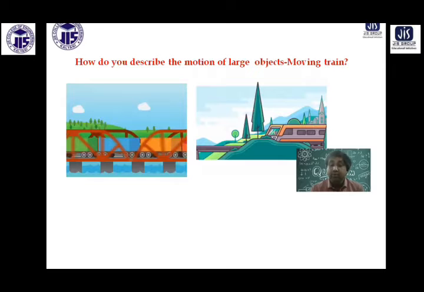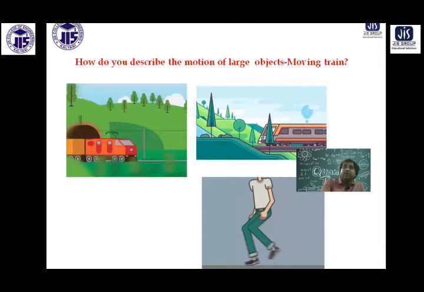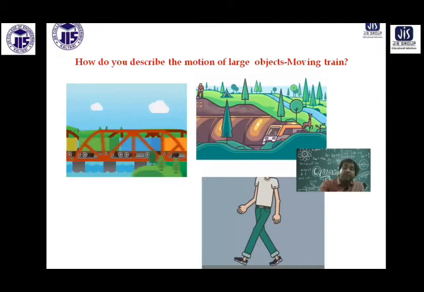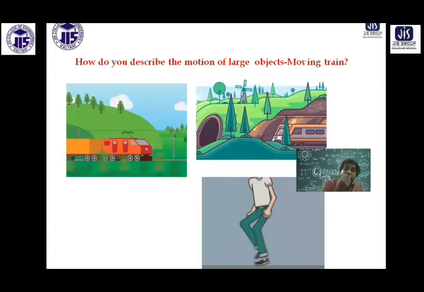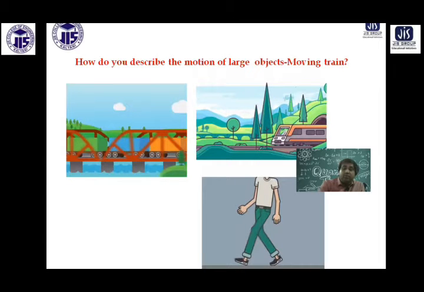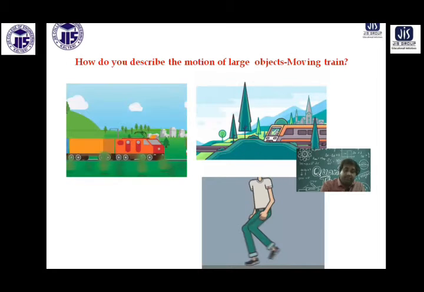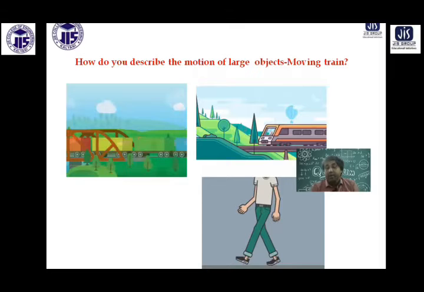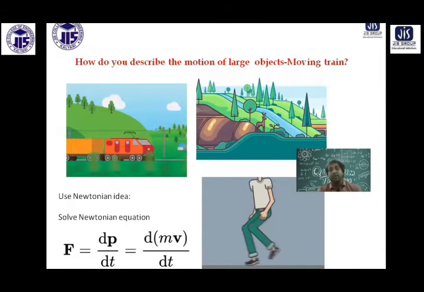So how do you solve this type of question? Suppose some man is walking. Looking at the way he is walking, I do not know when he will reach the destination, but by looking at the motion for maybe one or two minutes, you can develop an idea of the speed, etc. Now, to describe this motion, suppose the train on the right hand side is moving, where will it go after 1 hour? To answer this question, I have to be a little bit predictive, as I often say. And how do you answer this question? By solving a differential equation proposed by Newton's second law.